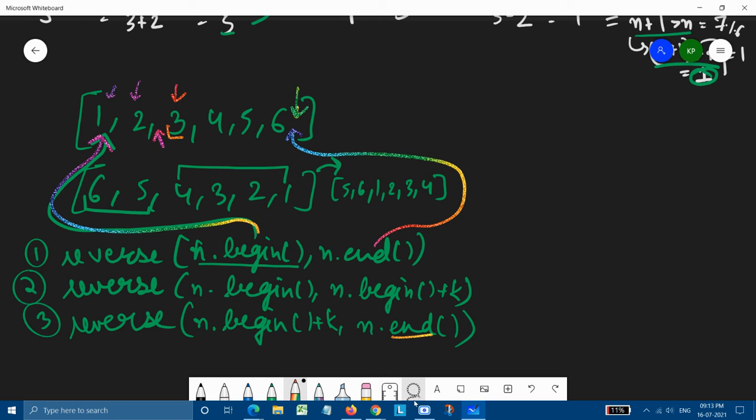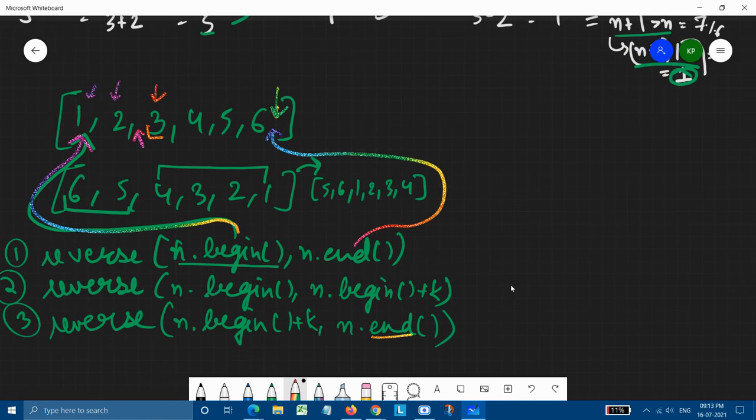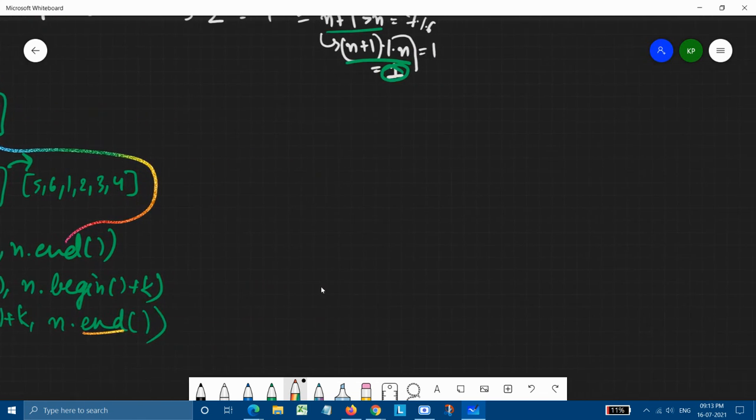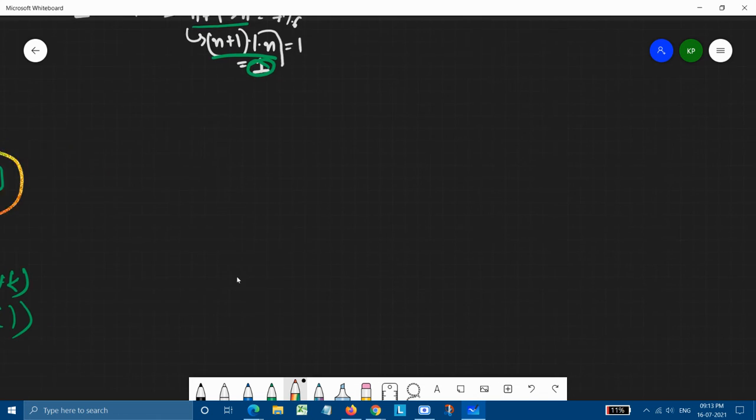For the right shift, that is how it works. If we talk about the left shift, again take the example of 1, 2, 3, 4, 5 and 6.